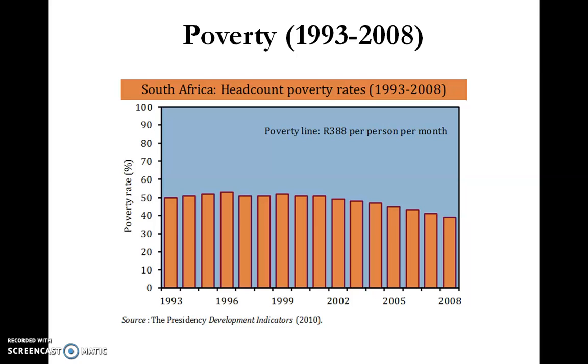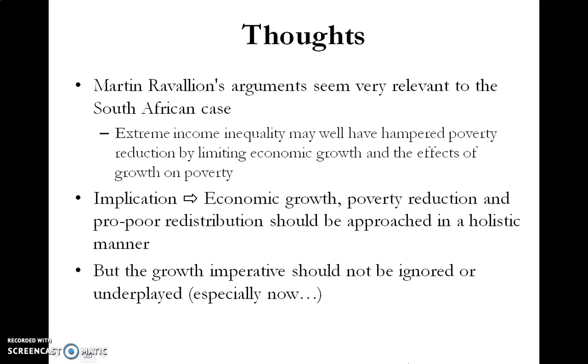know from our lectures from last week is that it could look very different depending on which poverty line you use. This graph could look very, very different. So some thoughts on Revillion's argument. What he is saying in terms of the relationship between inequality and poverty seems to be very appropriate and relevant